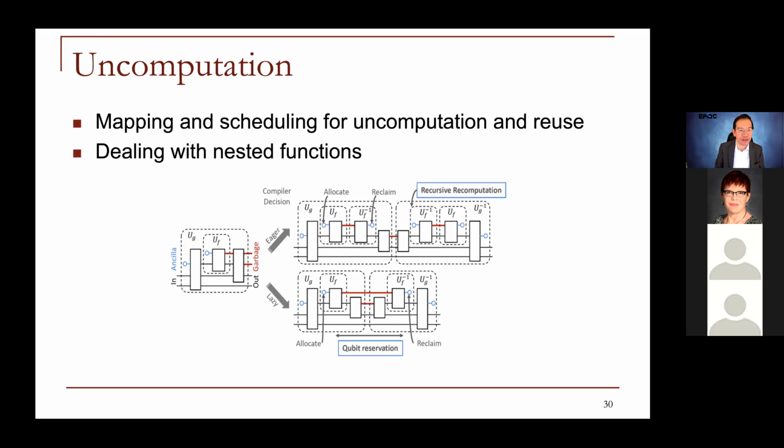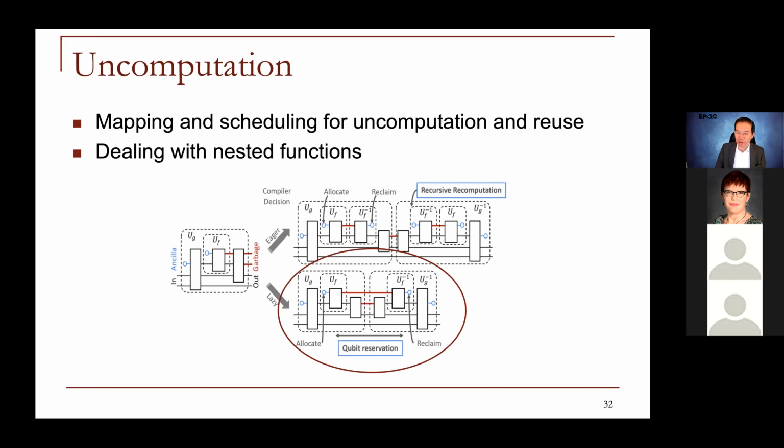Okay, and so if we take a look on the left here, I have another quantum circuit, but in this case, what I have is a unitary nested in another function or unitary. So this U of F is a nested computation inside of U of G, right? So what does that mean? Well, the simple way that we can do this is we can take that box U of G with U of F in it, and we can do its mirror image, or uncompute, on the right. And what that does is that gives us back those blue circles on the right, right?